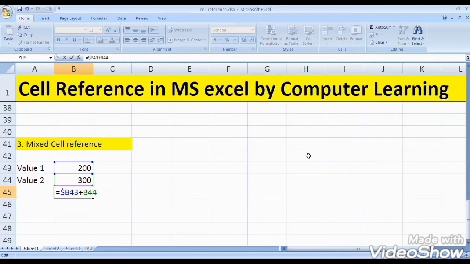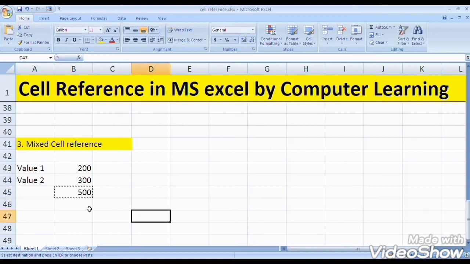You see, $B43. Before B I will use the dollar, and after B I will not. Means here both conditions will apply: a fixed value, and the cell reference also changing. That's the reason this is called a mixed cell reference.